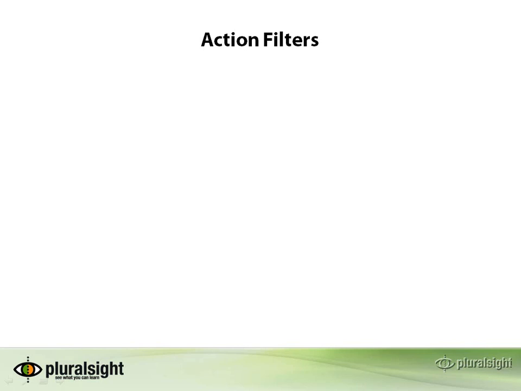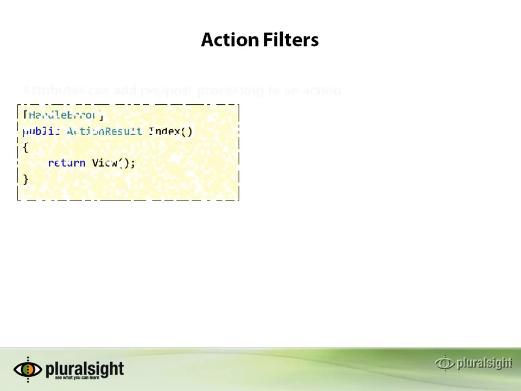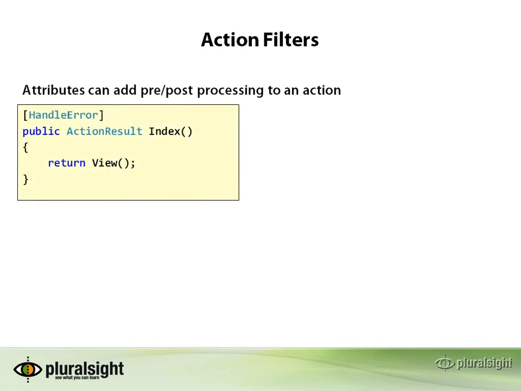The first topic we'll talk about is global action filters. Action filters themselves have been around since the first release of ASP.NET MVC. They allow you to add pre- and post-processing to an action and also to the execution of the action result. For instance, I can add a handle error attribute to a specific controller action, and now any uncaught exception that